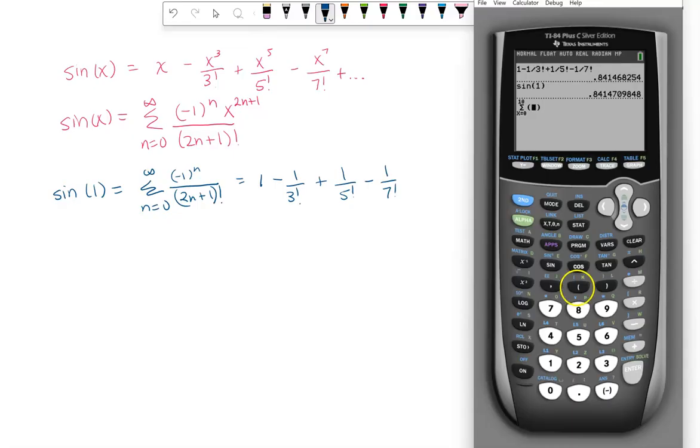So again, I would have a negative 1 to the power of x divided by 2x plus 1 factorial. So I need to go,